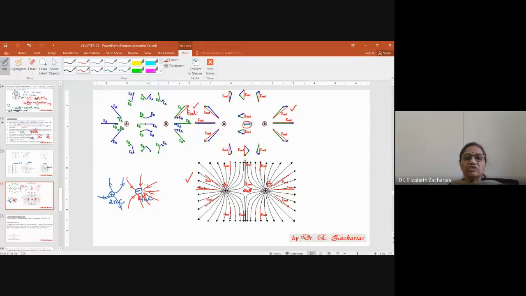You have to take care to see that they are not cutting each other, they should show the directions properly, and you should ensure that the ratio is also maintained. By doing this, you may not get a null point exactly here. I may have to slightly change this and draw a null point. I may not get it exactly at the center. I may get a point which is closer to the +2. I may get something like this, but then they won't touch each other. Okay, so this is how you have to draw your field lines.